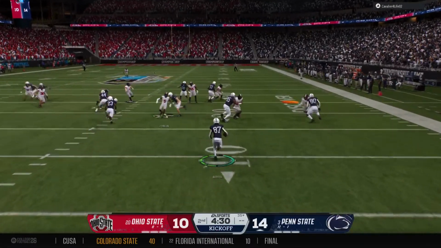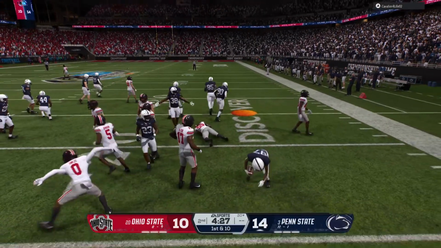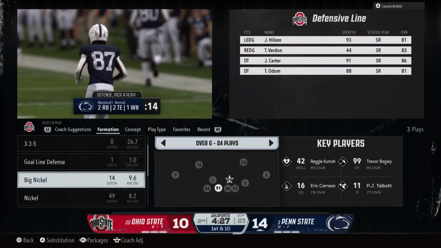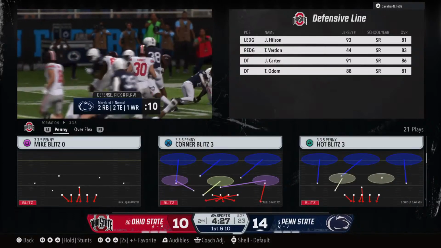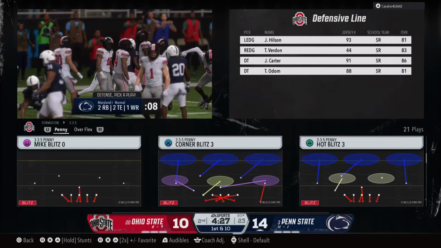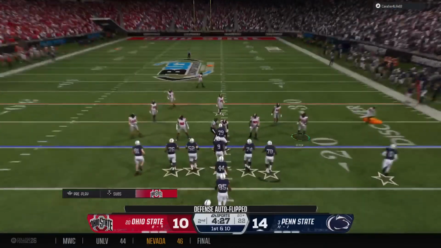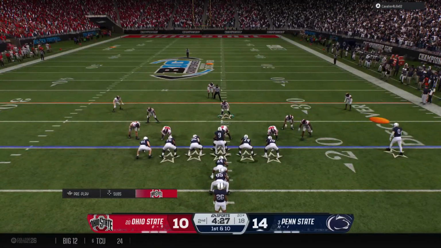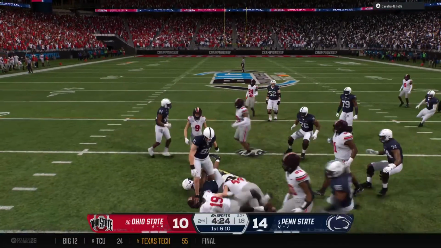Looks like he'll try to make a play with the return. And he's stopped at the 20, trying to make something happen. That's good coverage there. And the Nittany Lions offense retakes the field. They punched it in the last possession. Can they do it again, or will this defense make some adjustments to get a stop?